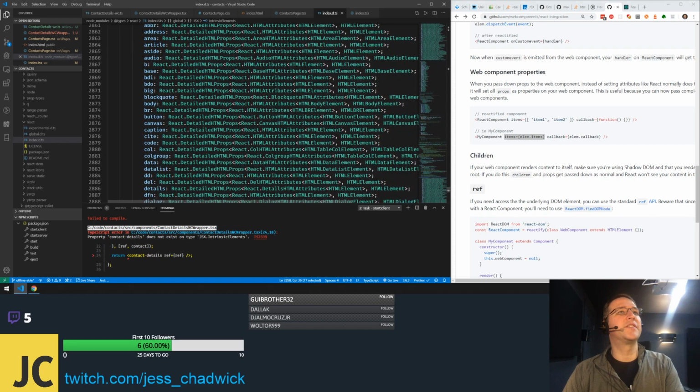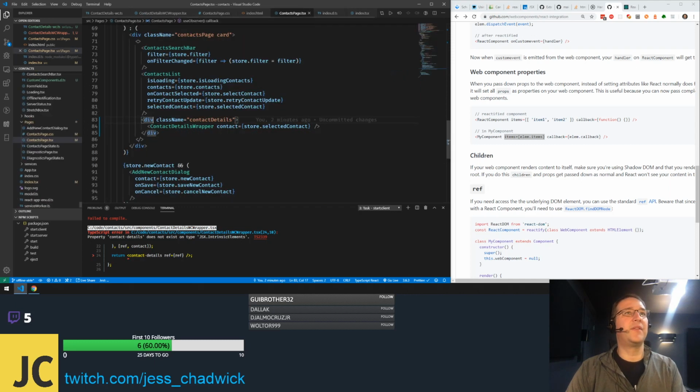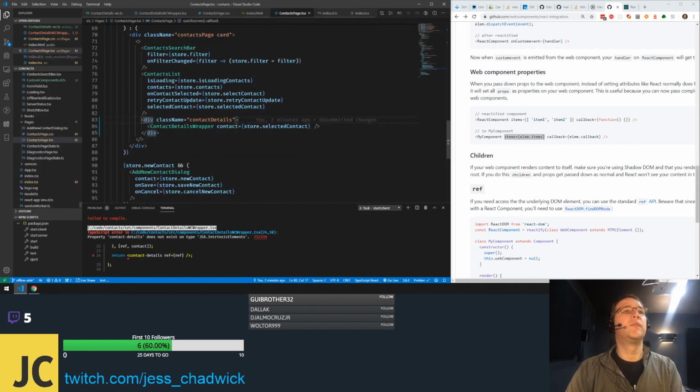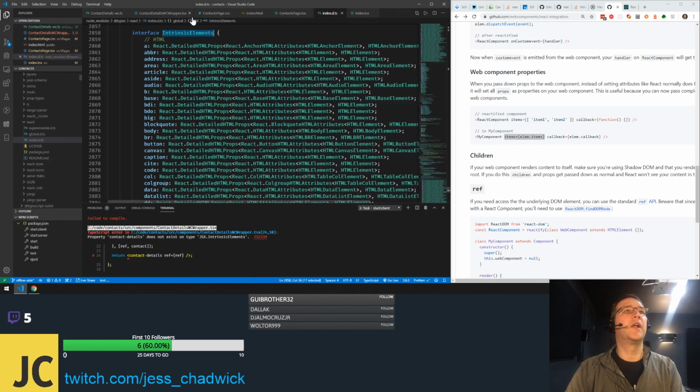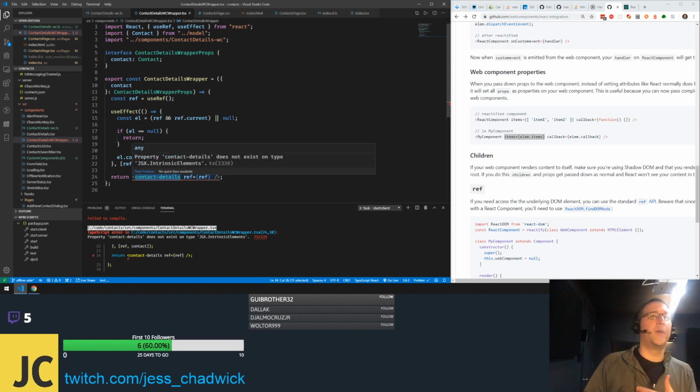These are the list of all of the elements that are available in HTML. Any element that is not your own, a custom element that you've made, or sorry, any element name that you use that isn't a React component that you've defined somewhere,